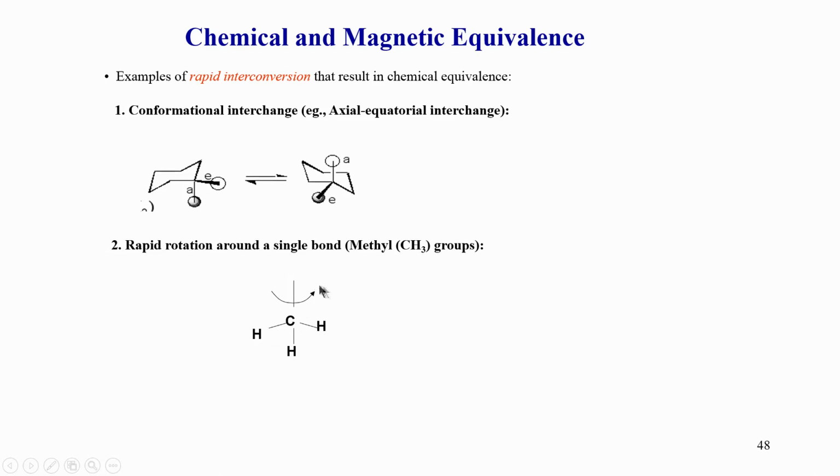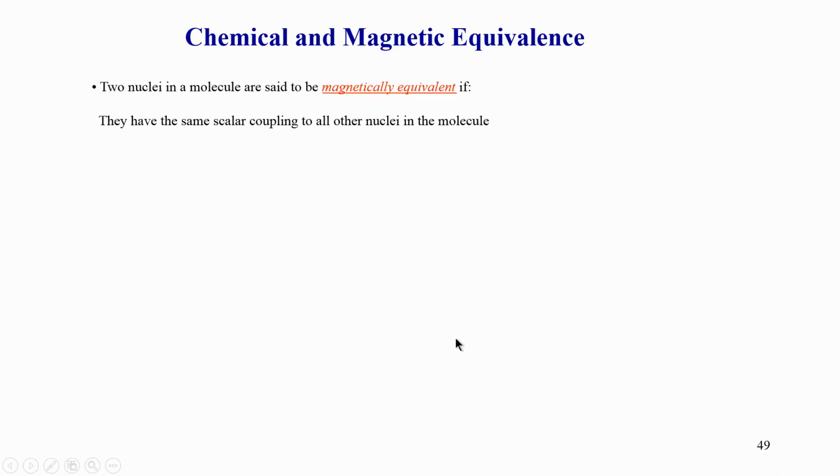There is no symmetry concept here. They are equivalent basically because they rotate very fast around this axis. You see this axis here, they rotate very fast around this axis, and because of that rotation they become equivalent, because they are averaged out in their environment, and because of this averaging they are essentially equivalent in chemical shift. So, methyl groups you will always see in an NMR spectrum as a group together. They will be 3 times stronger or even more compared to any other protons in the spectrum, and they are very easy to identify.